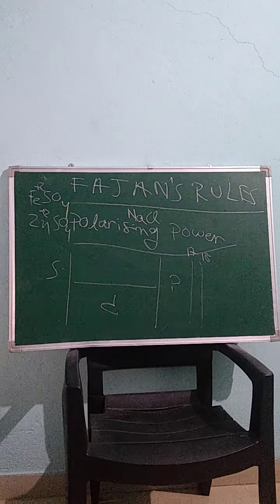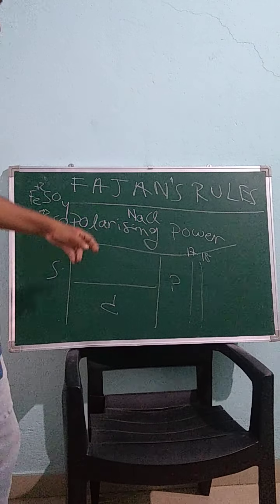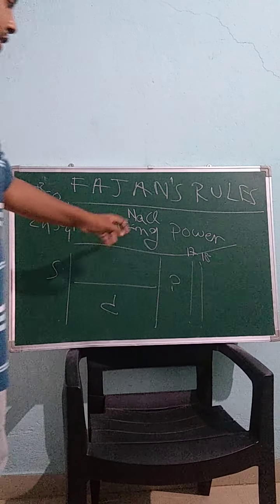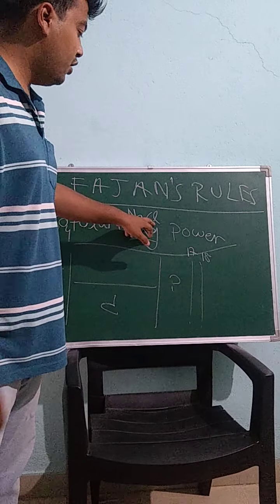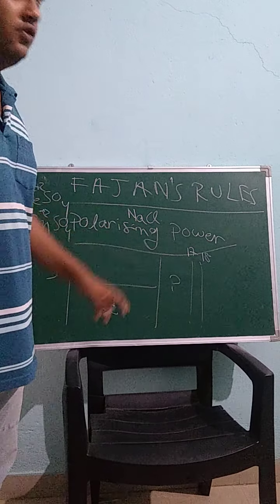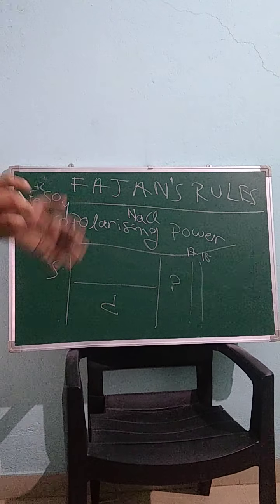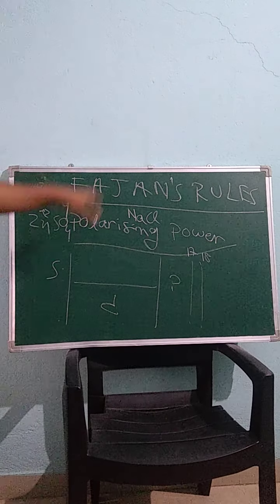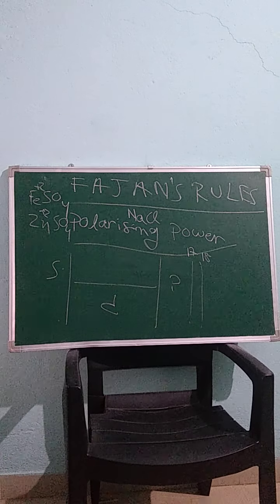But in the case of these 17, 18 group atoms, like suppose NaCl, here chlorine is in group 17, and NaCl is a very good ionic compound. The ionic character of NaCl is very high because the polarizing power of chlorine is very low, and also the size of sodium and chlorine is manageable or almost the same. It is not much of a difference. So these were Fajan's rules. Like this, you can identify the covalent character in ionic bonds.